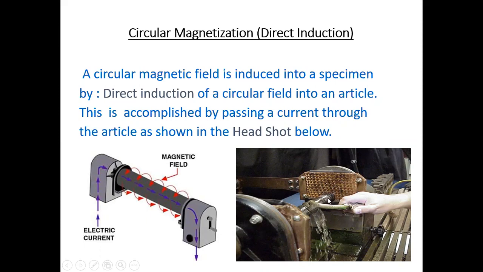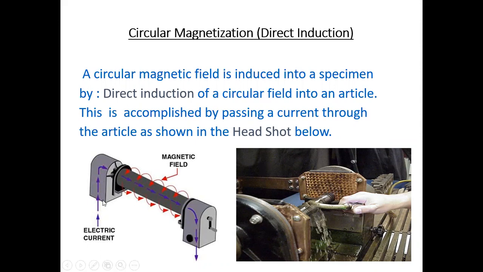So we are using current directly on the specimen. That's why we put these copper pads, because the conductivity of copper is good. And the purpose of the wire mesh is that it is soft, so your job will be clamped properly and there is no leakage of current. If there is leakage of current, then there are chances of spark, and that spark will damage our job.